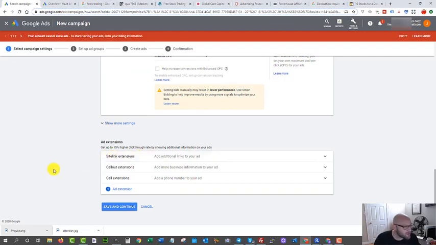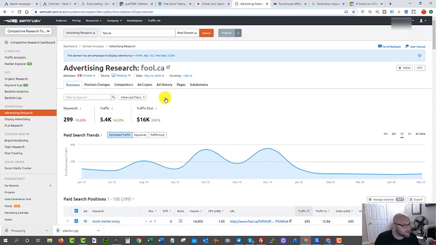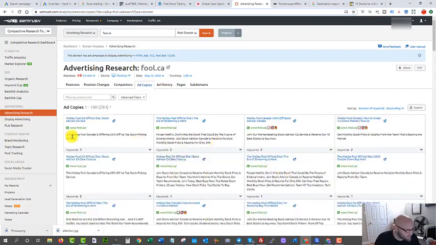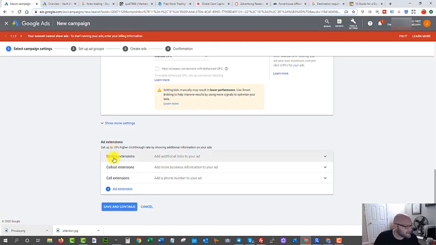And you're also going to want to add site link extensions, callouts, and call extensions if you can, because this increases your click-through rates on your Google ads. And you can find all of these simply by going back into seeing what their ads look like. And you can see basically what their extensions look like. And what you're going to be looking for here is stuff like this. These little last pieces of their ads: top rated stock pickers, 25-year history, new stock picks, top stock picks to buy. These are little snippets that they're putting in right inside their Google Ads setting under site link extensions or